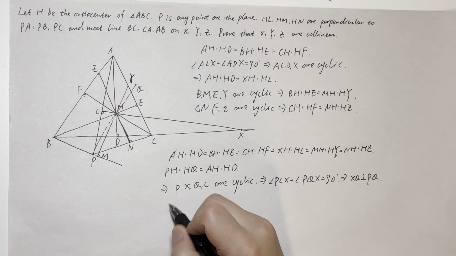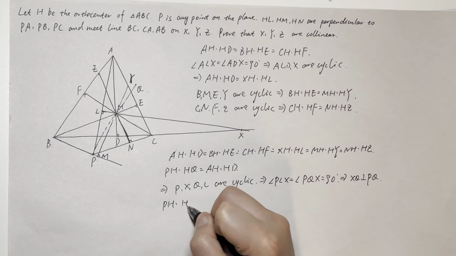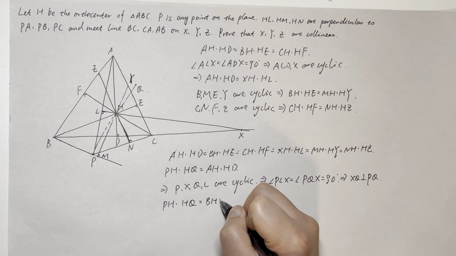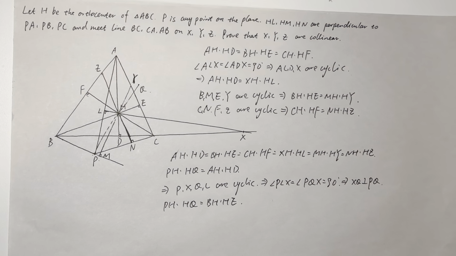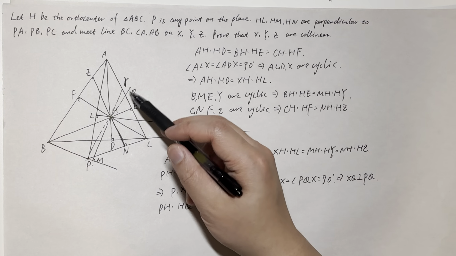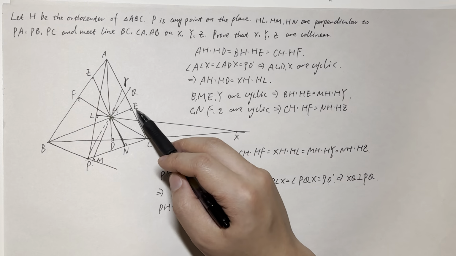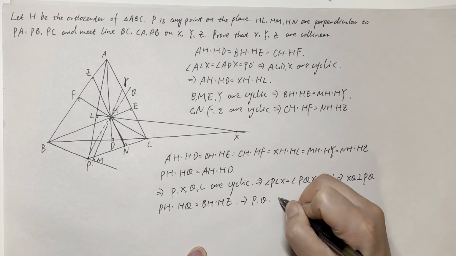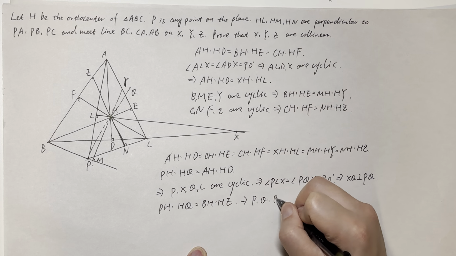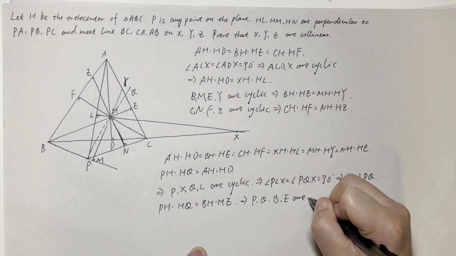And similarly, we have PH times HQ equals BH times HE, right? That means P, Q, B, E are cyclic,